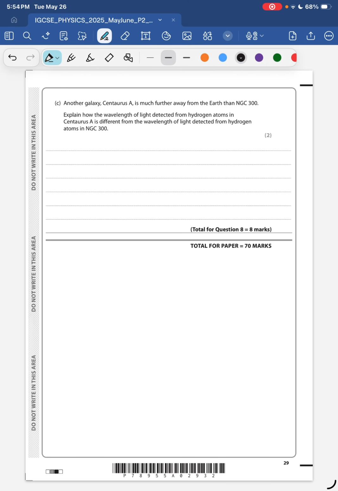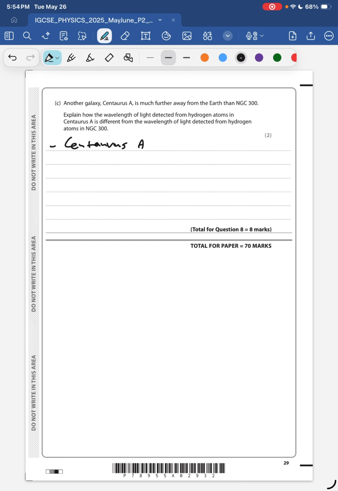Okay, let's see another galaxy. Centaurus A is much farther away from the Earth than NGC 300. Explain how the wavelength of light detected from hydrogen atoms in Centaurus A is different from the wavelength of light detected from hydrogen atoms in NGC 300. So